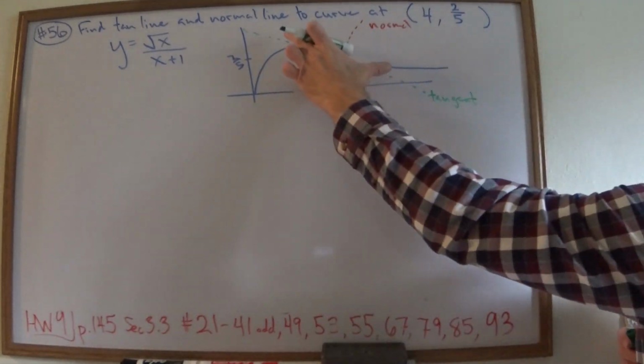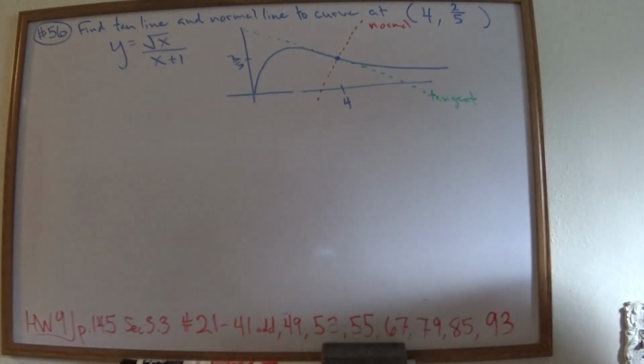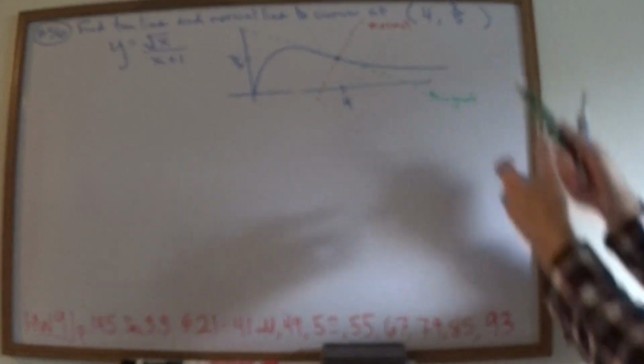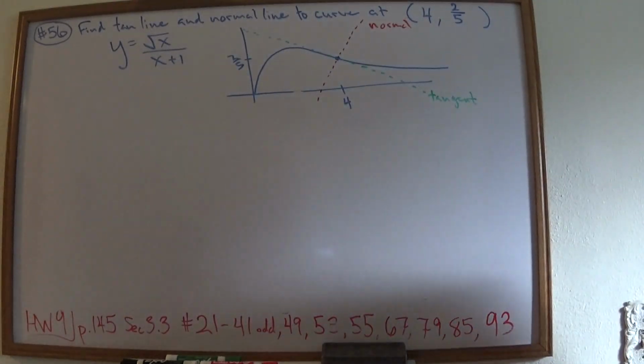Clearly it's not tangent to it over here, right? So you can't just say the tangent line to the curve. You have to say tangent line where? Unless it happens to be a line, in which case, blah, blah, blah. Okay, so